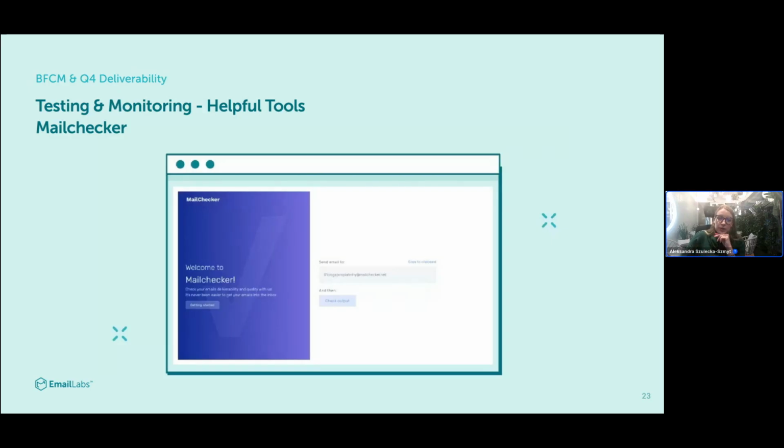Then after you send an email, you click on the check results button, and you will be redirected to a page with test results. And what does it check? It checks authentications, email headers, the URLs in the email creation, the creation itself. It checks the reputation of the email server, if it's listed on any block list. So it's a very useful, comprehensive tool to test your emails.